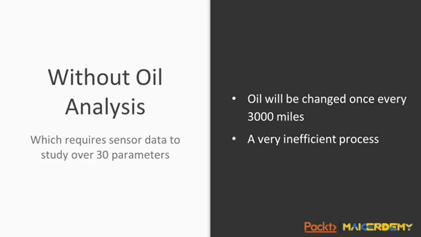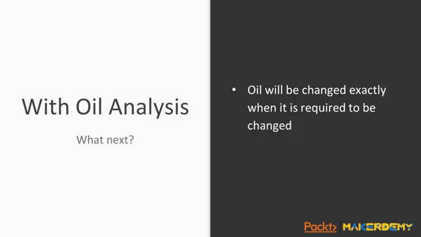If there is no oil analysis data, then the usual practice is to change the oil every 3000 miles. But such a method is rather simplistic. Oil analysis helps Joy Global identify when the oil needs to be actually changed. Sometimes it is earlier than the standard 3000 miles, and other times it is later. But in either case, it is an informed decision making that anticipates and minimizes machine failure.